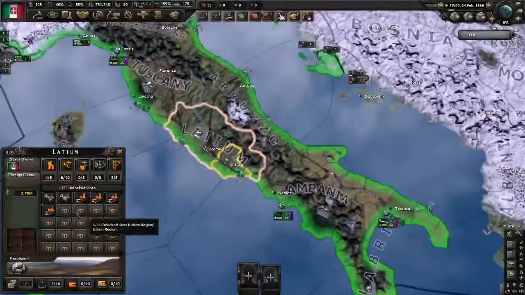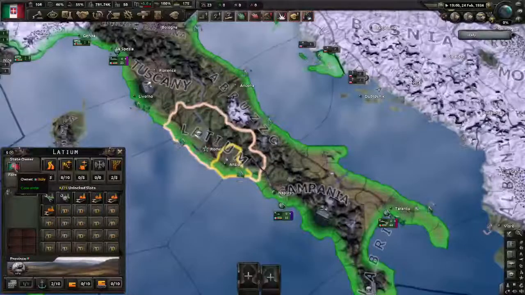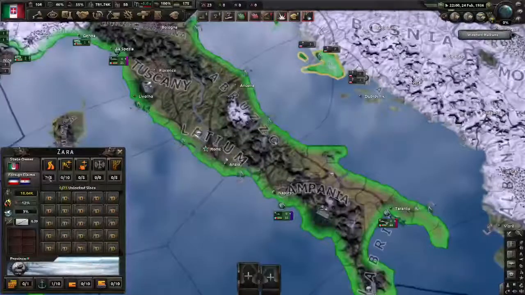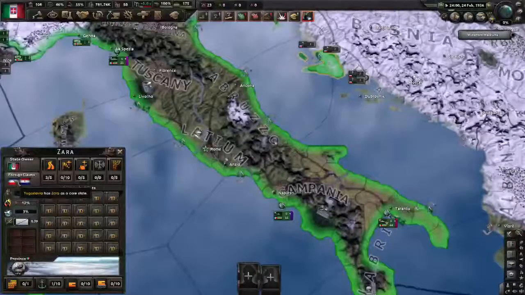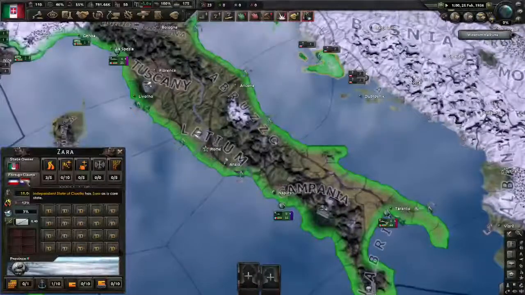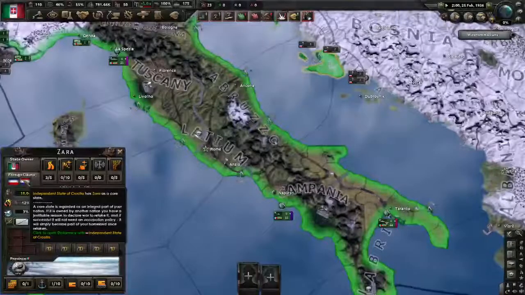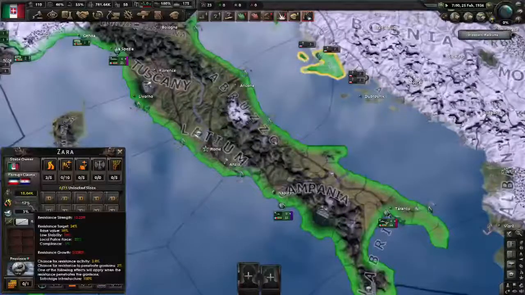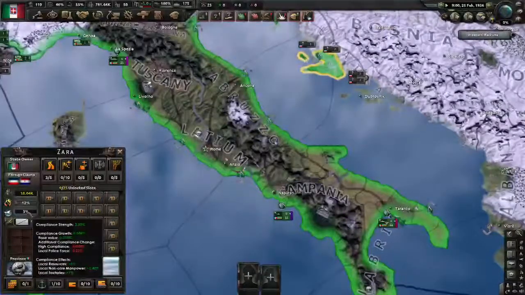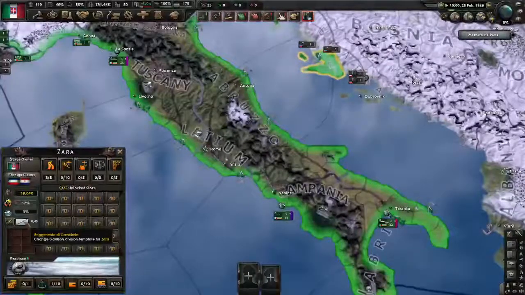These ones are all locked up. There's ways to unlock them. There's other information in here. It tells who the owner is. It says, hey, this is Italy's state, and it's an Italian core state. Whereas if we go to Zara, this is Italy's state, they're the owner, but it's an occupied state. It also notices that Yugoslavia has a claim on it as a core, and Croatia also has a claim on it as a core. That's how many people are there. There's 18,000 civilian population that are recruitable. Resistance is 12%. Compliance is 3%. And this is telling us that we have this guy as our